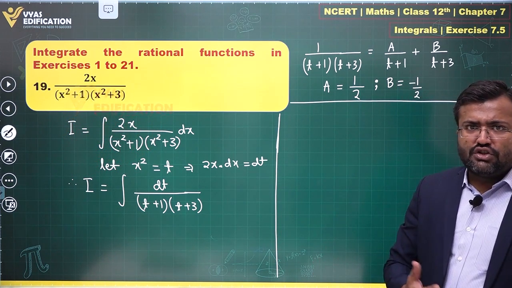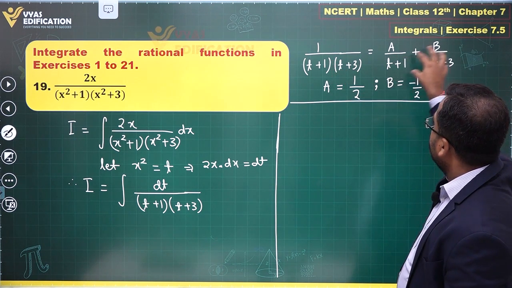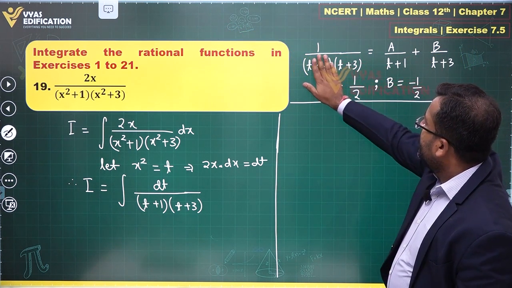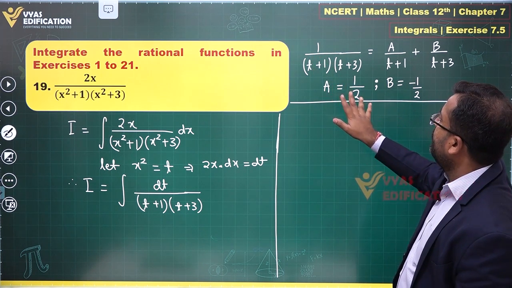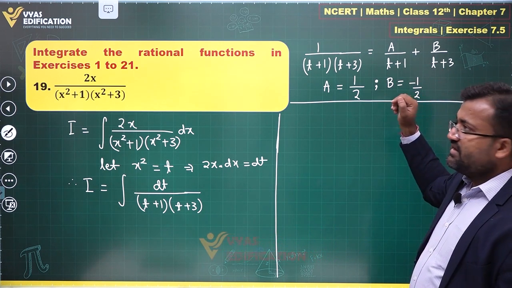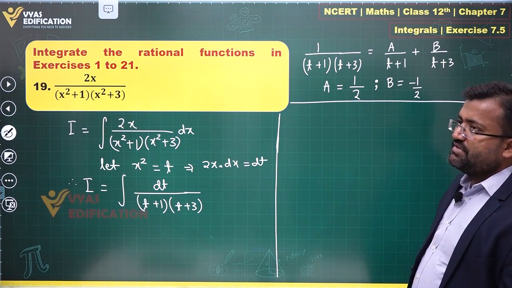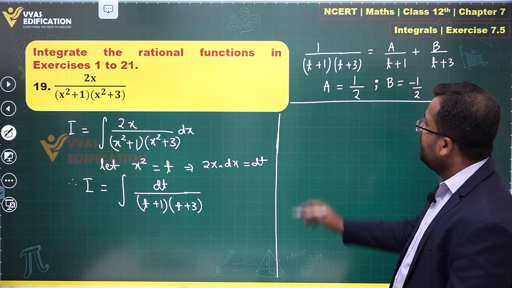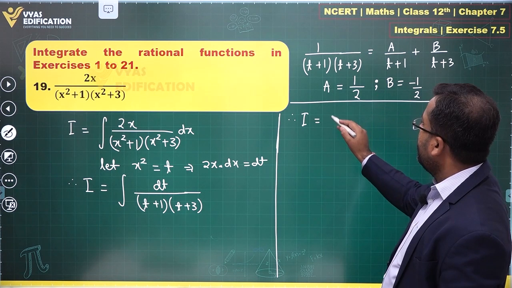And I've told you the shortcut approach also: you multiply by t plus 1 throughout and substitute t is equal to minus 1. This becomes a 0, and this will become 1 upon minus 1 plus 3, which is 1 upon 2. Similarly, for b, you multiply by t plus 3 and substitute t is equal to minus 3. So this goes away, 1 upon minus 3 plus 1, which is 1 upon minus 2. That's the value of b directly. Right. So therefore, I will be equal to this,